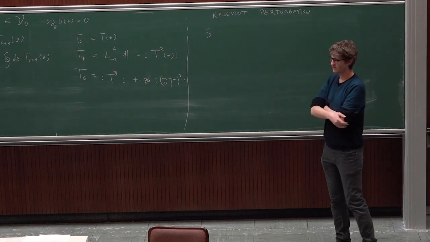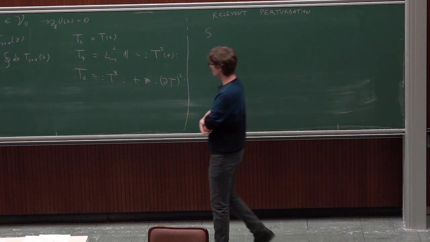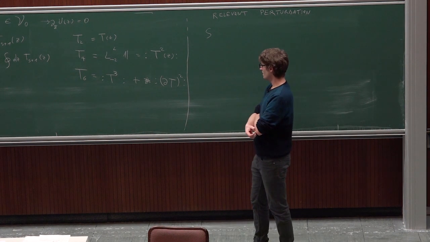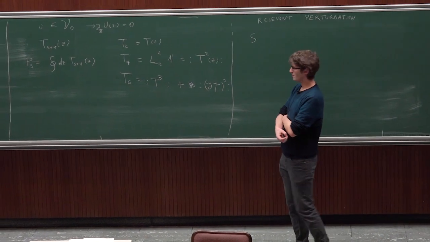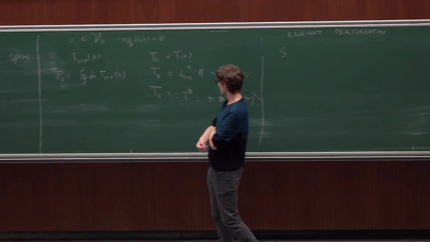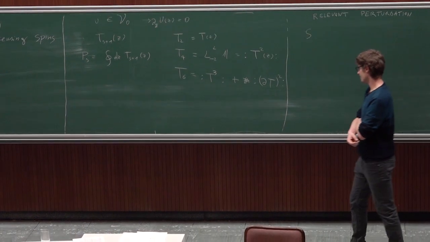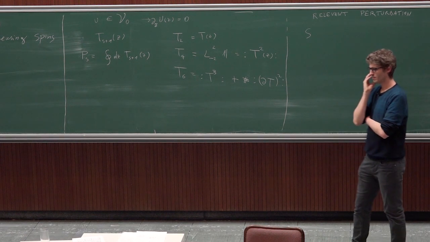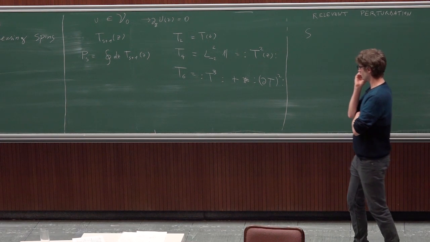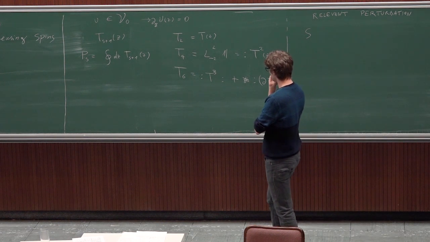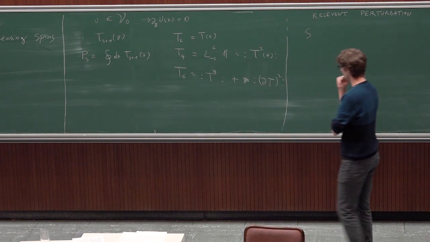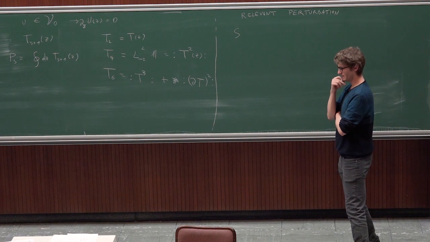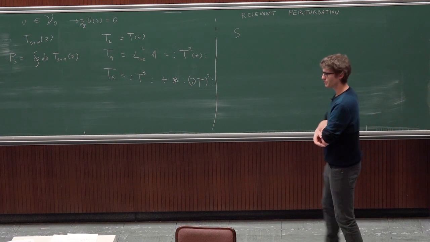Can I also ask a question? Yeah. Should I be surprised? I'm a little bit confused why you just have negative modes there. Is it in general the case that if you wrote T_6 in terms of modes, you would have some product only of negative modes? I mean, I can see that it has to be something normal ordered, but why is the total mode number, in this case, minus 4? That's maybe a little bit surprising, or maybe not, I don't know. Maybe we can discuss this later. I'm not sure, I don't know.